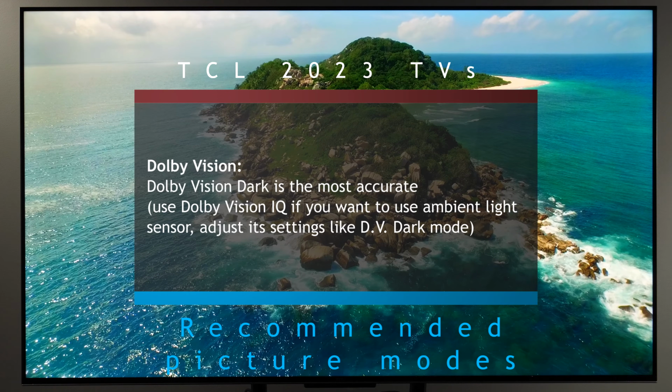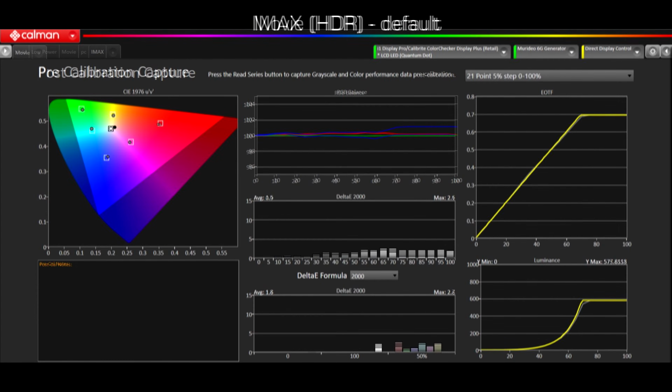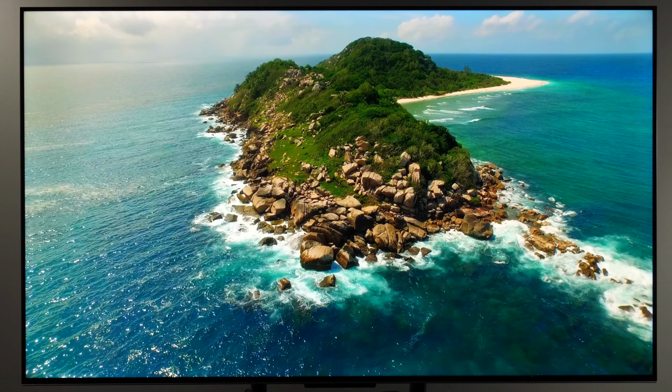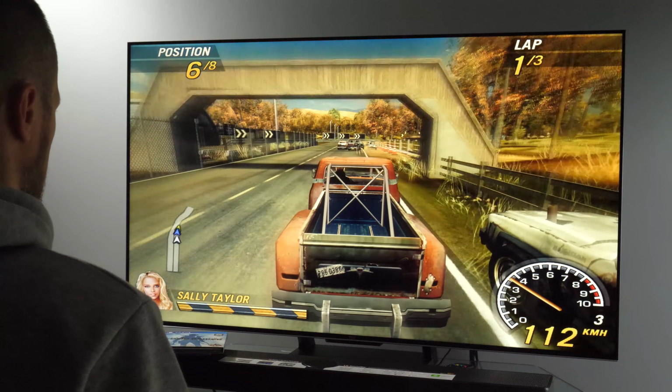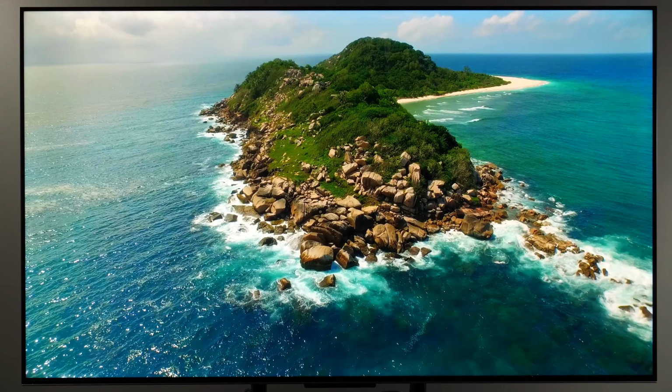You can also use for HDR10 content IMAX picture mode, but that one is locked, you cannot tweak it. So I still recommend that you go with movie mode. However, you have this option here. You can adjust movie mode and then you can compare it to IMAX mode, because by default those two modes are practically identical. Then for gaming you need to enable Game Master, and you enable Game Master in this quick